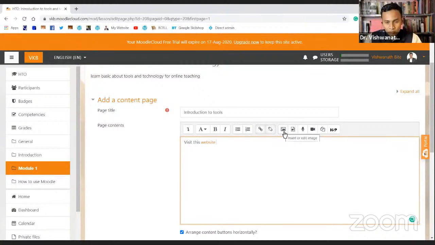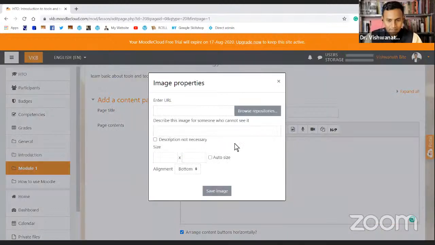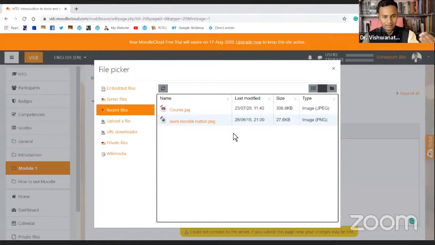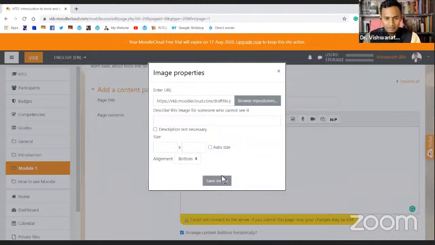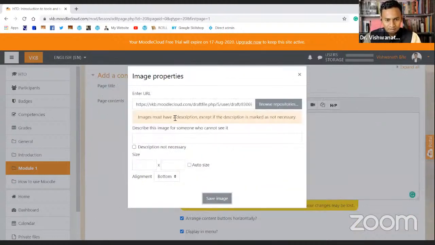That's one thing. If you want to insert an image, I will quickly show you. You can browse the repository, all the files that you already have here. Just for the demonstration, I'll do that right now. Save image.